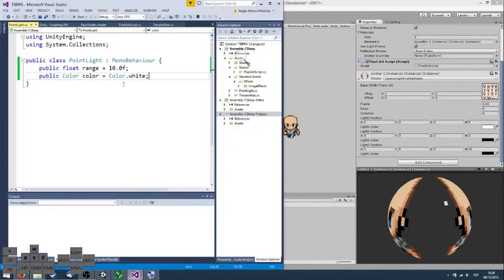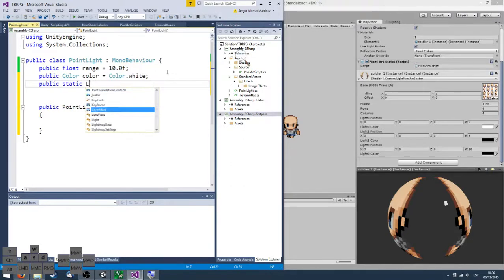So to do that, whenever we create a light, we are going to be storing our lights